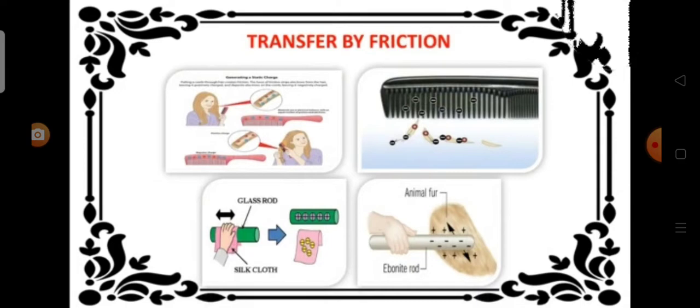How is it possible? The comb rubbed with the hair gains electrons from the hair and becomes negatively charged. These electrons are accumulated on the surface of the comb. When a piece of paper is torn into bits, positive and negative charges are present at the edges of the bits. Negative charges in the comb attract positive charges in the bits. So the paper bits are moving towards the comb.